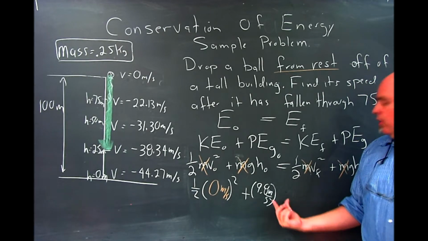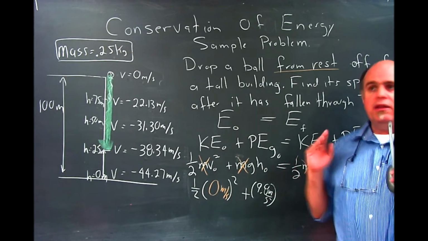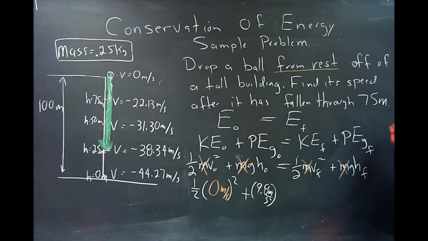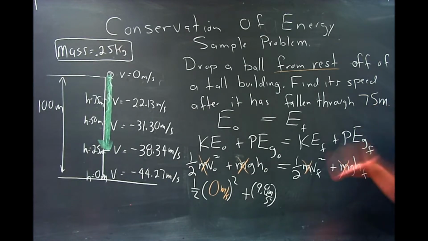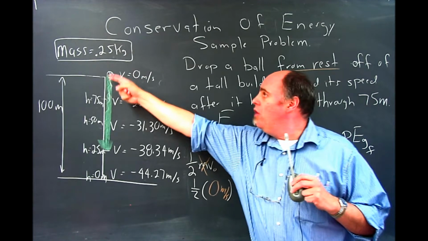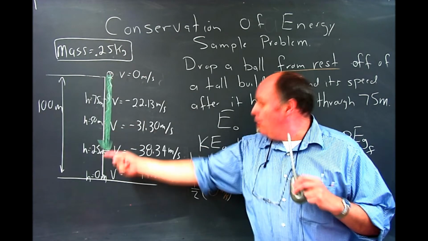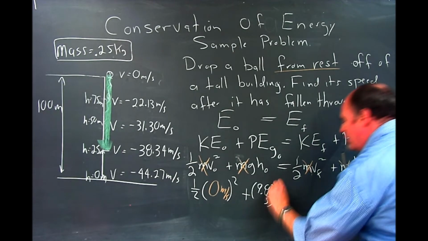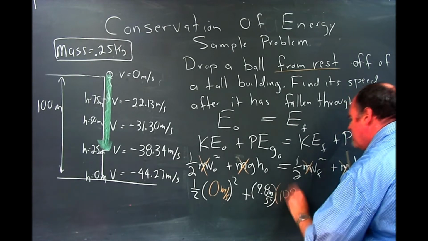So it's up to you what you want to call this thing. Some students will call it 0. They'll always call their starting place 0. Some students in their mind say, if I have to have it drop through 75 meters, why don't I just call the maximum height 75? I'll just use the numbers right here that are in the table. I'll call this height right here 100, and I'll call this height right here 25. So I'll say that this is at 100 meters,